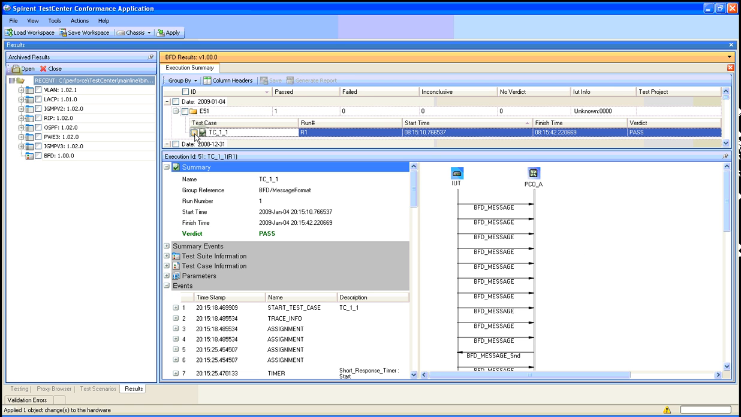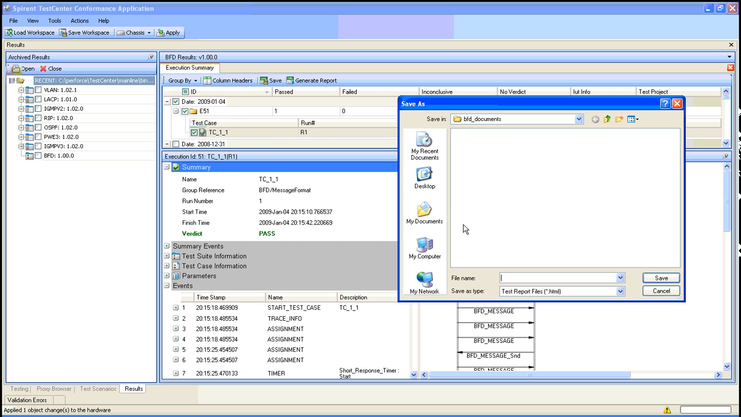Now, let's say that you want to look at the result sometime later and you don't want to open the Spirent TestCenter conformance application just to view the result. So what you can do is export this result file into an HTML file. You can select the test case, you can say generate report, and let's see,